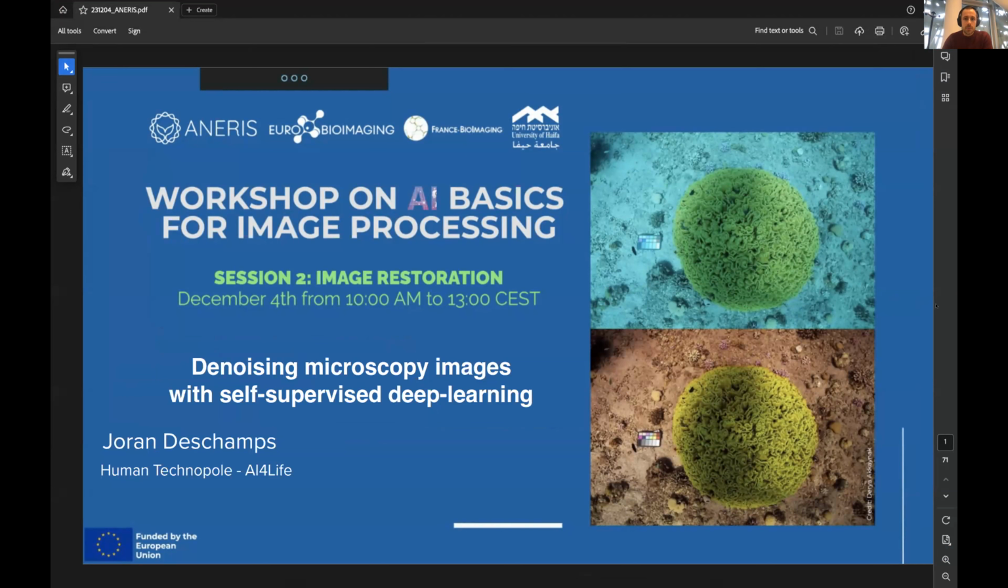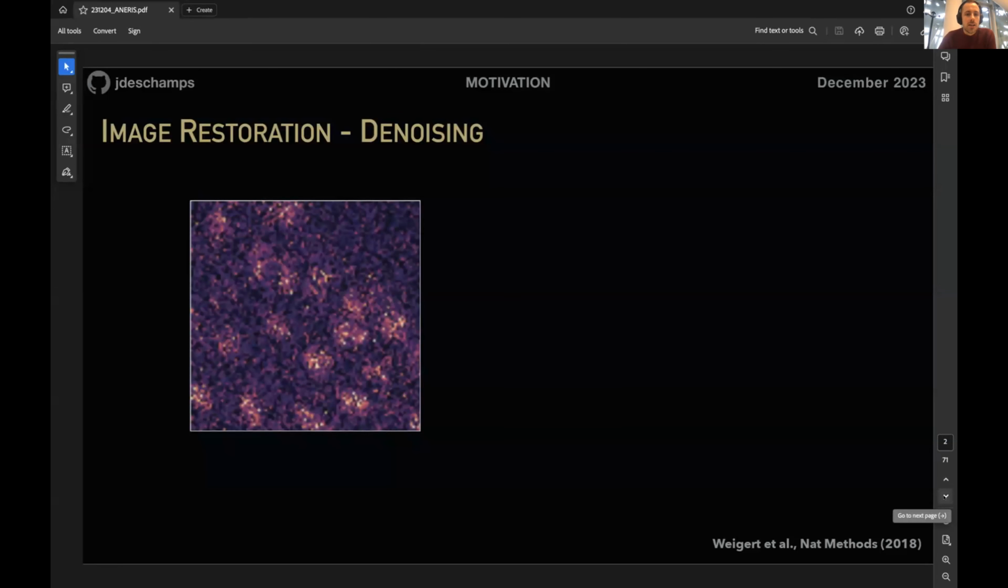And so today I'm going to, I'll have to click like this. So as hinted before, I'm going to talk about a specific type of image restoration, which is denoising. So denoising, I think everybody's familiar with